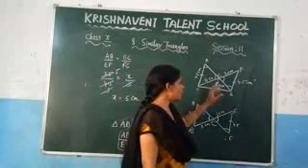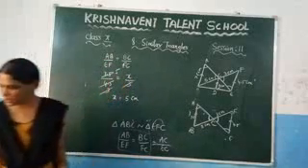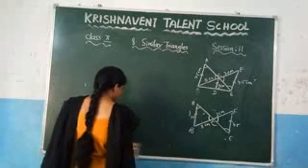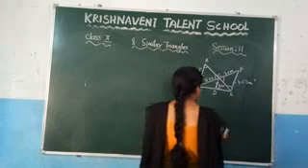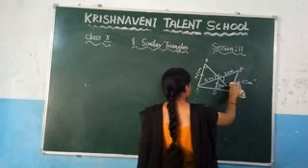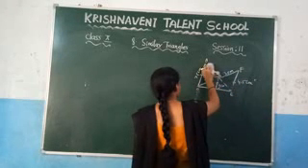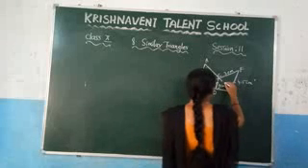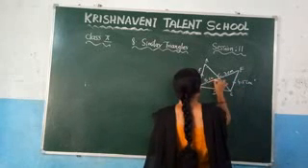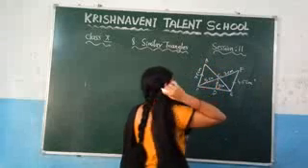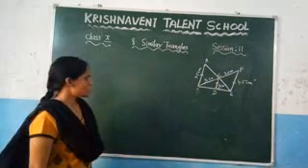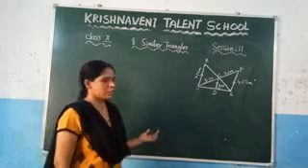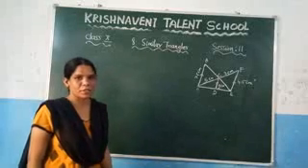Now you need to find the length of y. So how to find it, just stick it here. So here, now we got the value of x. Now you need to find the value of y. If you want to find the value of y, what criterion or what similarity can you apply here? You can just check it.